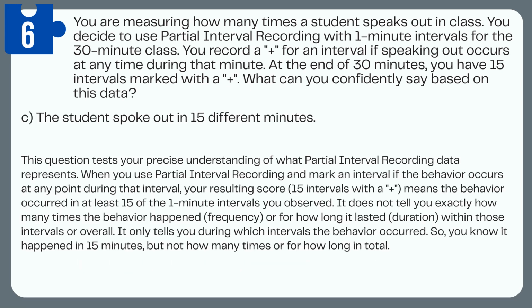Answer C. The student spoke out in 15 different minutes. This question tests your precise understanding of what partial interval recording data represents. When you use partial interval recording and mark an interval if the behavior occurs at any point during that interval, your resulting score, 15 intervals with a plus, means the behavior occurred in at least 15 of the 1-minute intervals